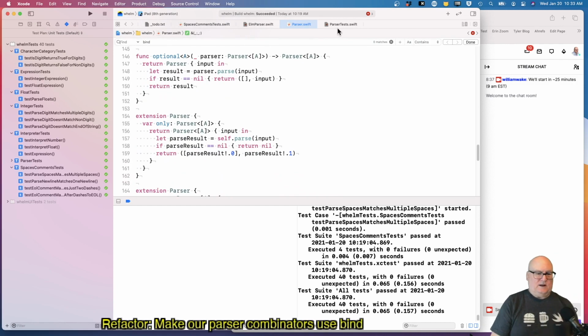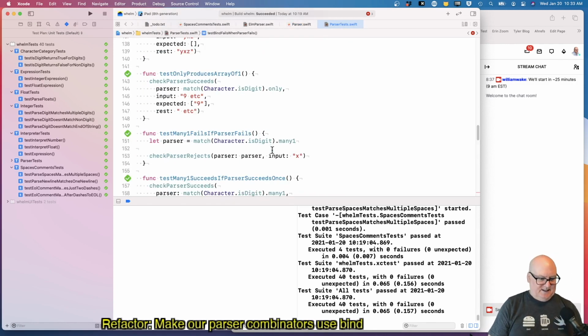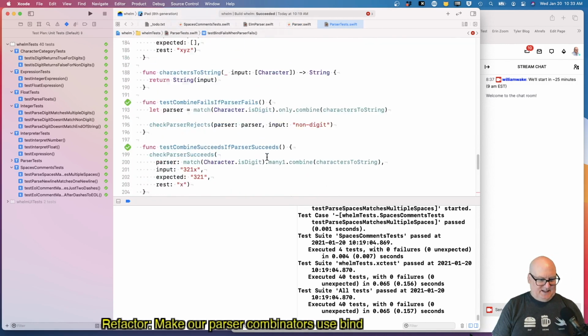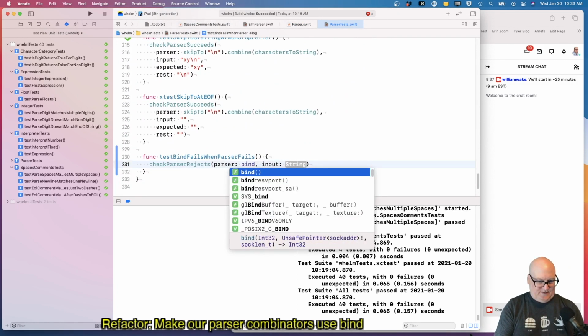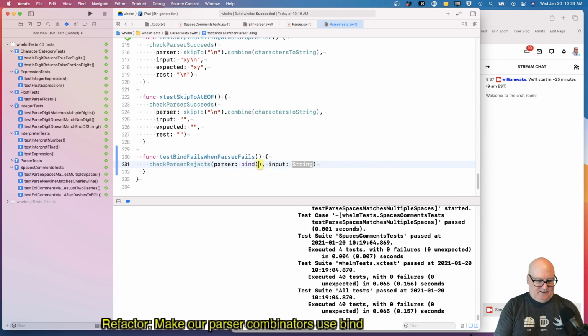I don't know why it liked that word so much. It should not be suggesting bind to me. Okay, but maybe we'll have to make our own bind. Bind takes a parser and a function. So let's just make it match